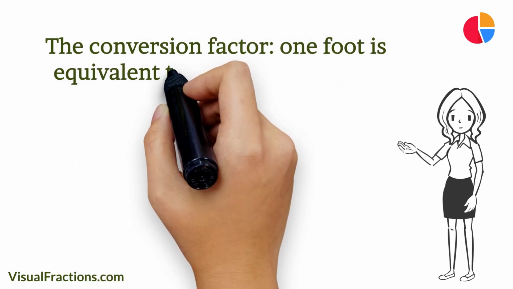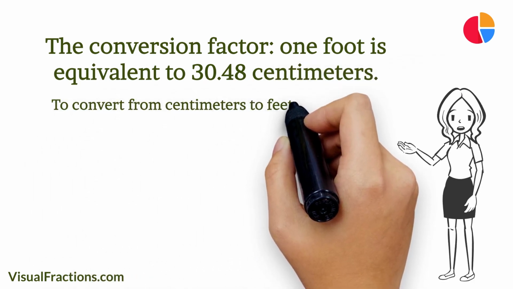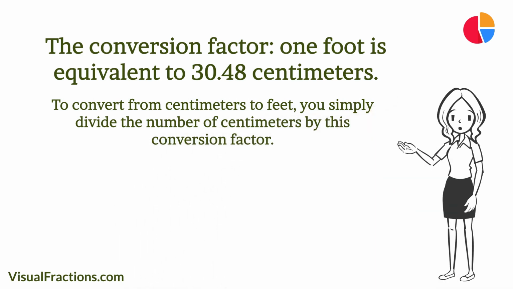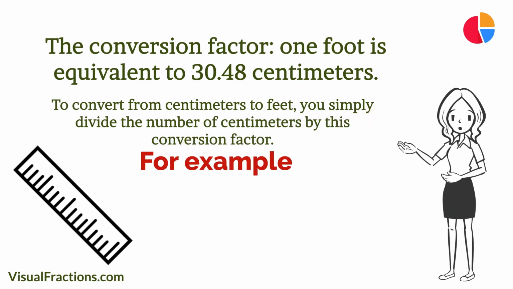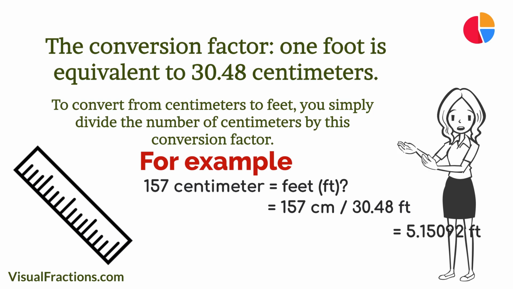1 foot is equivalent to 30.48 centimeters. To convert from centimeters to feet, you simply divide the number of centimeters by this conversion factor. Now, let's dive into an example. Suppose we want to convert a length of 157 centimeters to feet. We begin by dividing 157 by the conversion factor of 30.48. The result is approximately